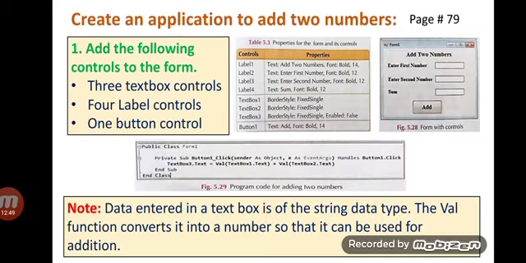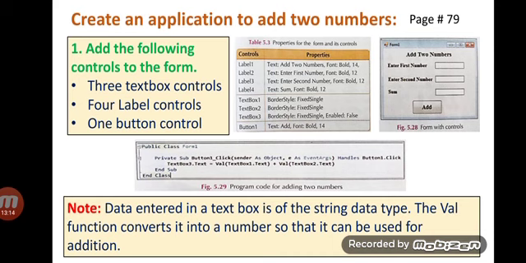Next we have creating an application with numeric variables. Here we design an application to add two numbers. This is an example. You can read this from page number 79, and you can do it as practice time. First you add controls.